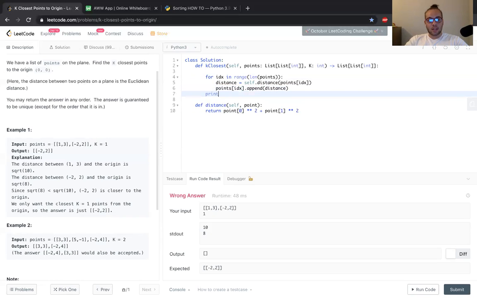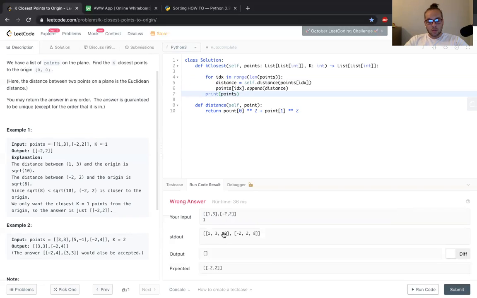So now we can print out our points and see how it ends up. Okay, cool. Now we have these points here, and 10 is in there, and 8 is in there as well. So we have the points associated, but how are we supposed to return? There are several things we need to do. First, we need to put 1, 3, 10, and -2, 2, 8